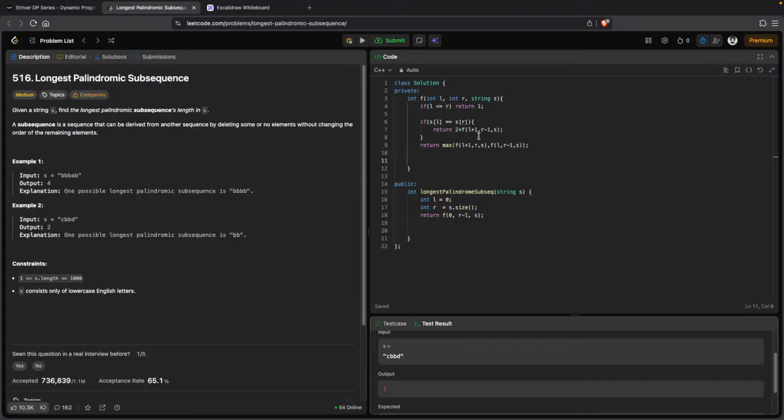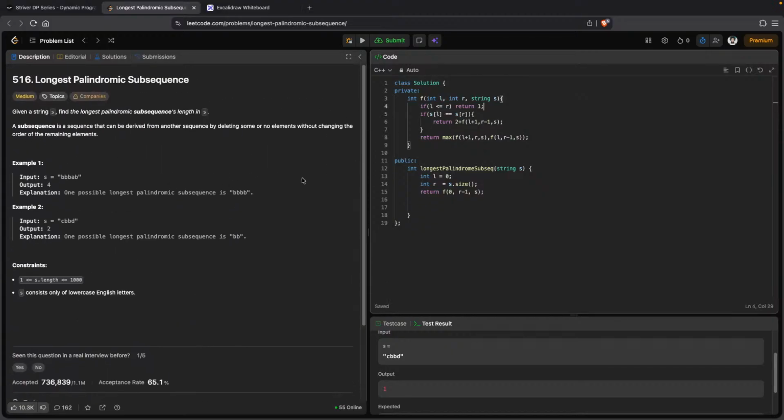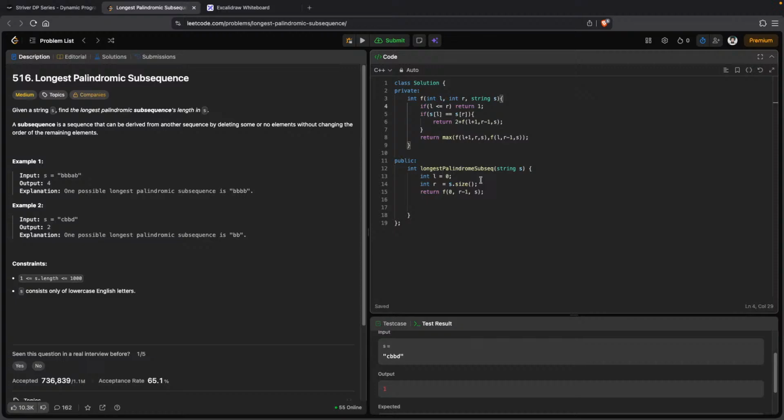Moving from the if, like I'm returning 1, find the longest. Okay, here I know that I have to return the longest palindromic subsequence,